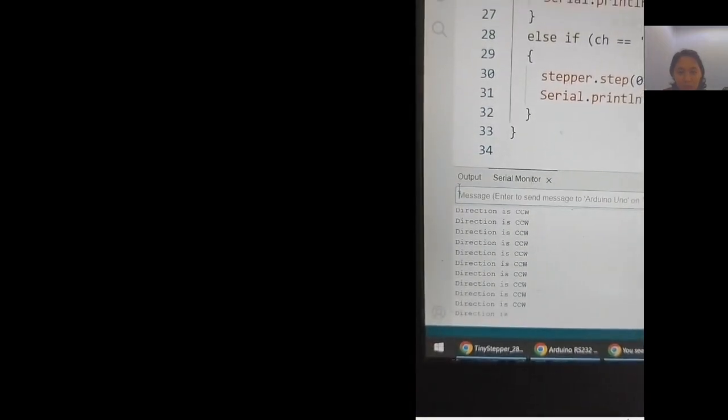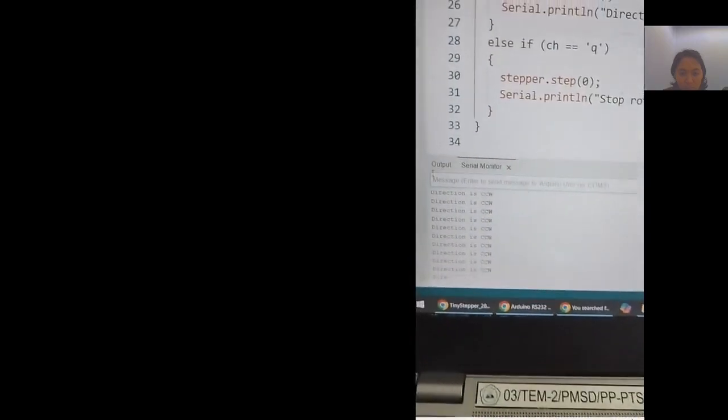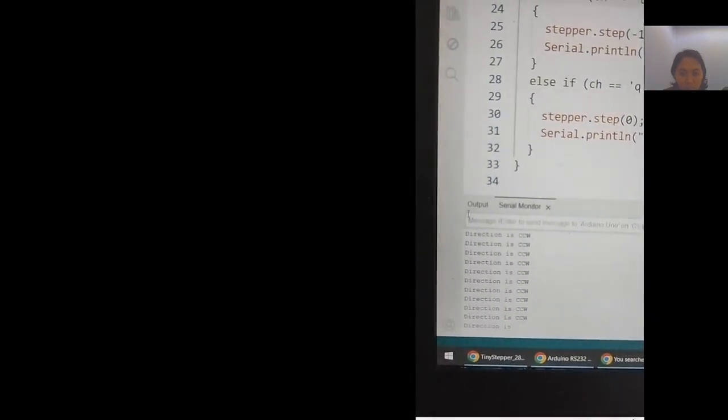And then character Q, then enter, the motor will stop rotating.